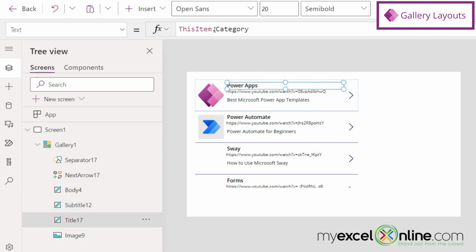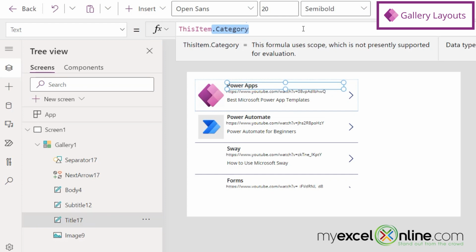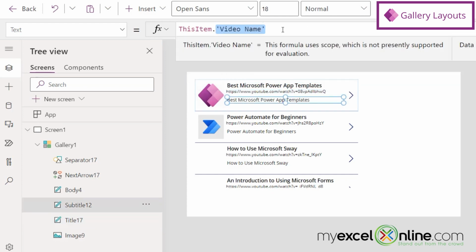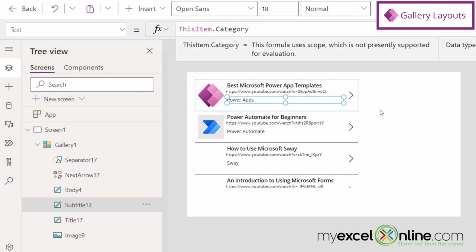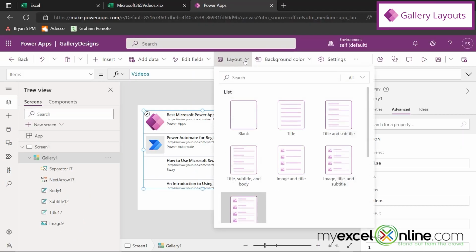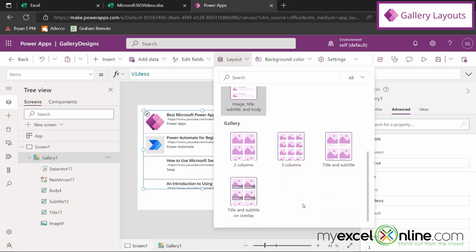If you were to want the title up here, you could just change this to dot video name and then change this one down here to category if you were to want to keep the formatting that's already been put there for you. If I go back to layout and I scroll down further, I can be using my images